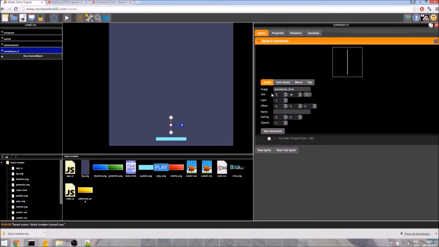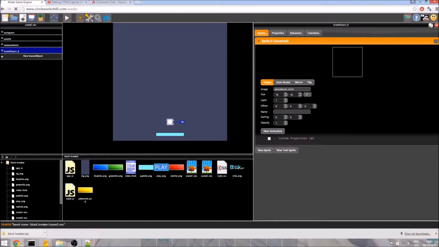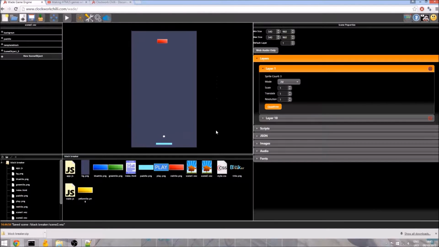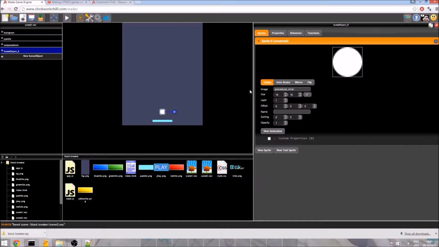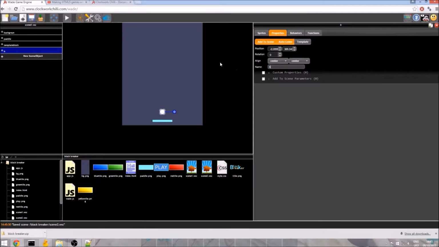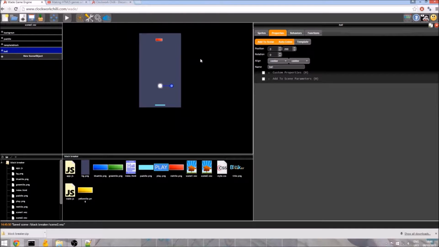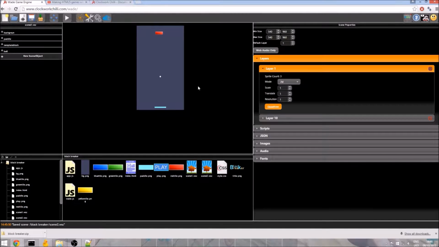So I'm going to try 16 by 16. Actually, I think that's big enough. Maybe slightly too small. No, I think that's good. I think that'll do. Okay, so I'm just going to save this, and I'll go to properties, and I'll call this ball. I'm going to set the X position to 0, and the initial Y position to, no, let's have it higher than that. I think we want it quite a lot higher. Let's put it at 100 on the Y-axis.